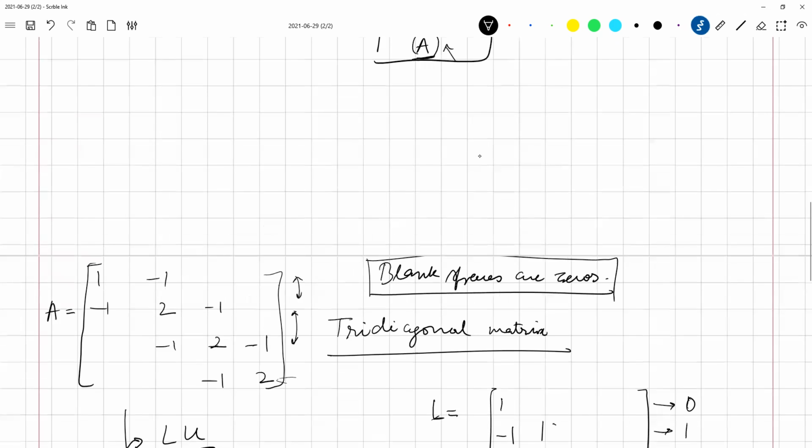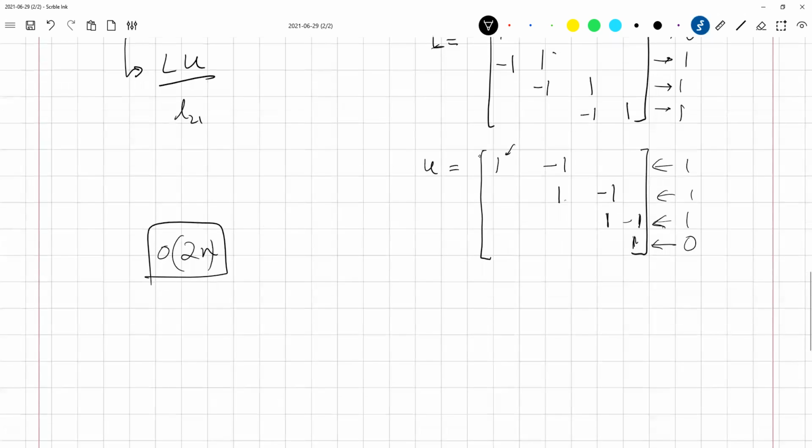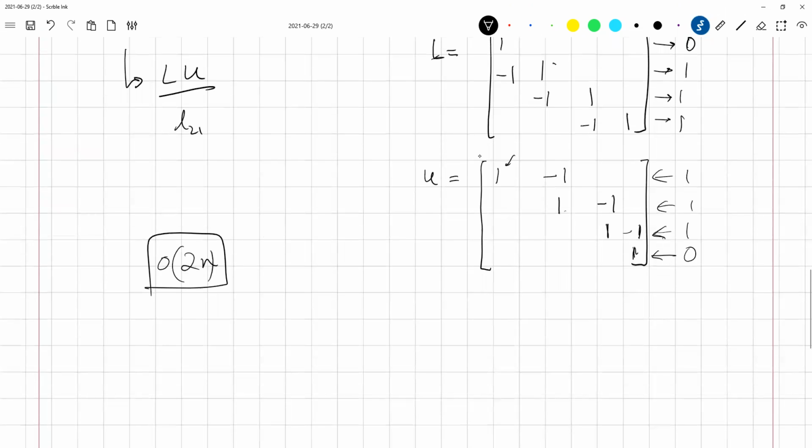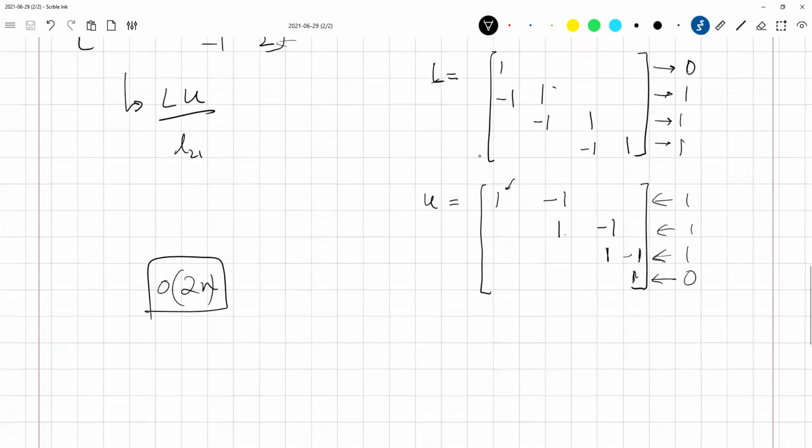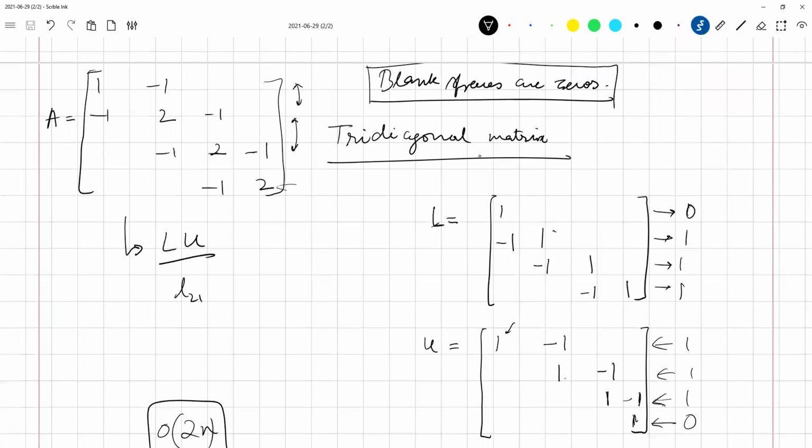Does anybody have a question? Sir, if you observe the matrix, the upper and lower diagonals relative to the main diagonal, is that shifted in L? Is it something like that, or in this case is it matched?